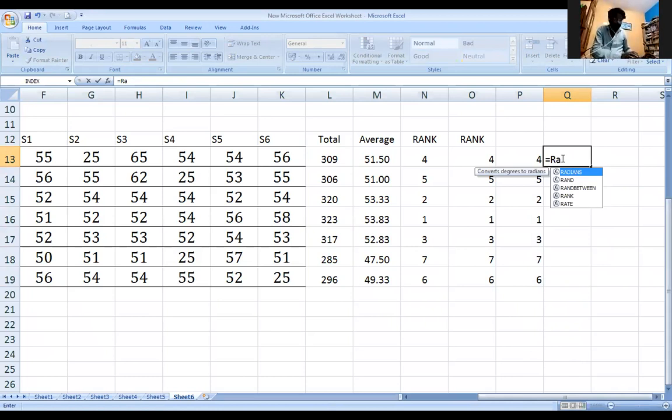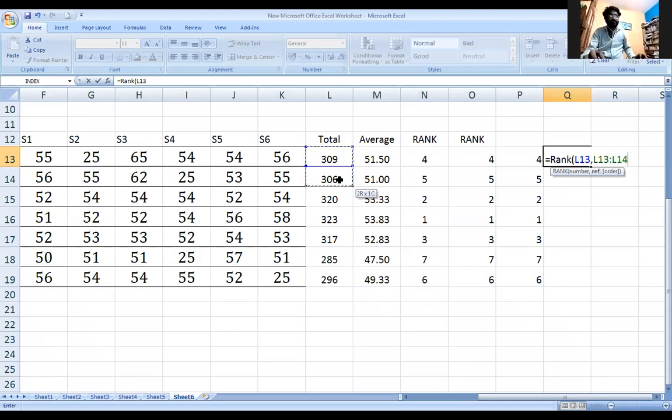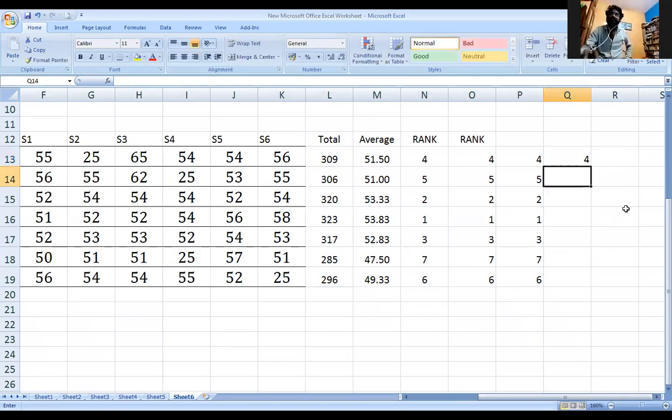Rank, open the parenthesis, comma, select the range, comma, and I'm going for the ascending order. Then I'm going to close the brackets. 1 is for the ascending order and 0 is for the descending order. It's called an order, and enter the rank. Then I got the,